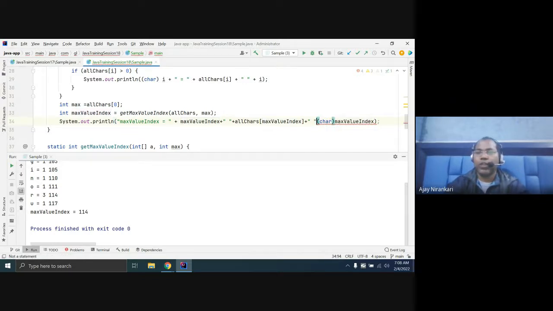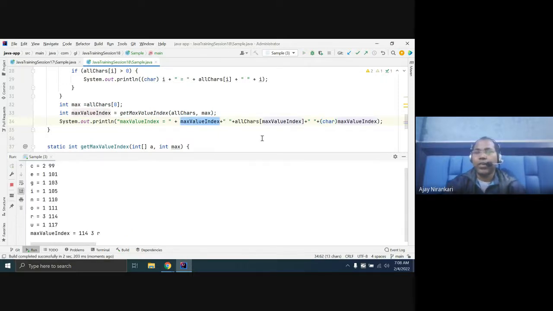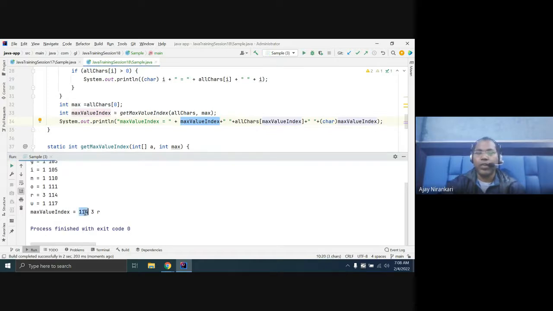So from this value, you can do whatever you want. If you have the array index, what is the value? Maximum 3. What is the character? R. So in this index value, what is the maximum occurrence? 3. So you have to print R 3 times.